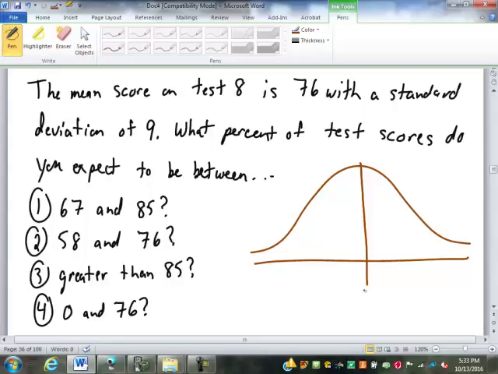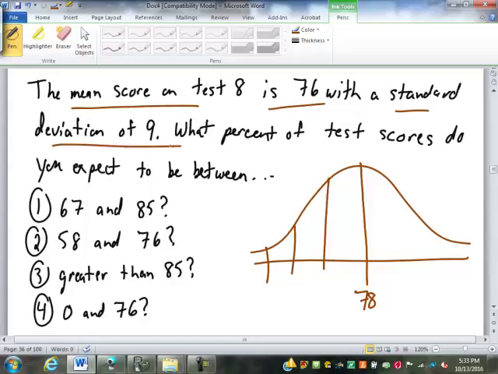50% if you're looking at percents, yes. Our mean in this case is 76. As we go out in each direction in steps, how far do we go each step? The standard deviation, which in this case is 9. So 78 minus 9, this would be 69,